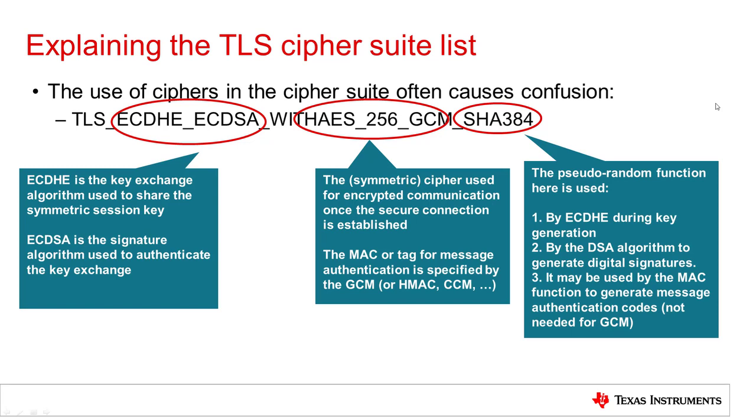Before we go on to talk about the next step in the TLS handshake, I'd like to explain the actual cipher suite strings in more detail. It's often confusing when you actually start looking at the TLS API calls as to what's happening. I've given an example here of a typical TLS 1.2 cipher suite string, and you'll see it basically has three components. On the left-hand side, the